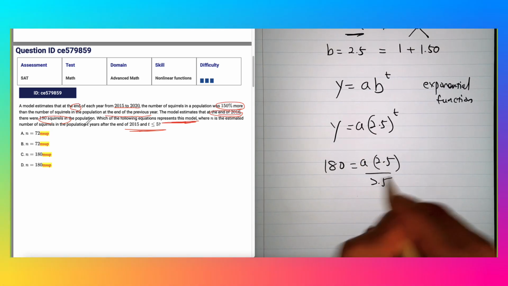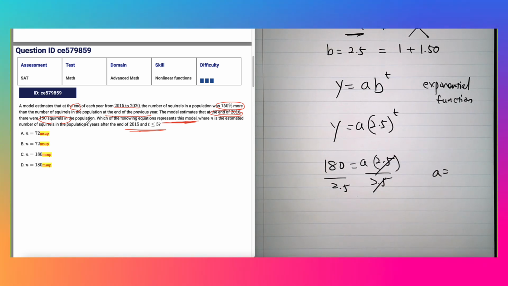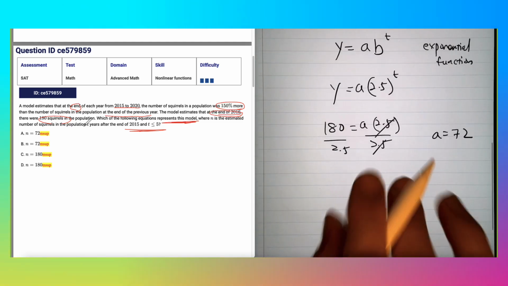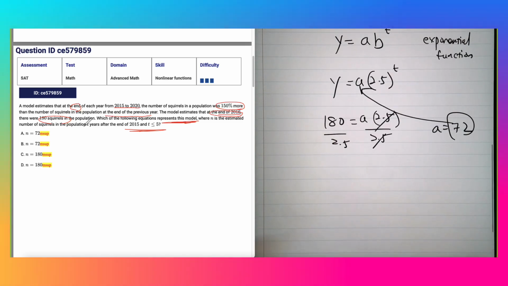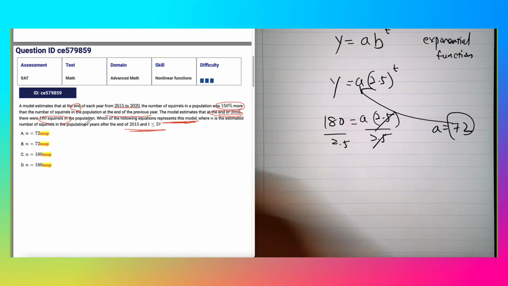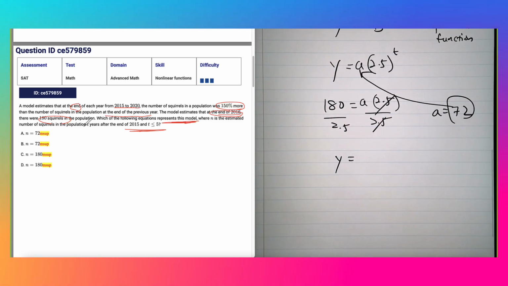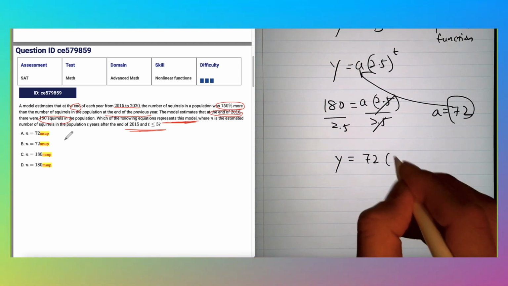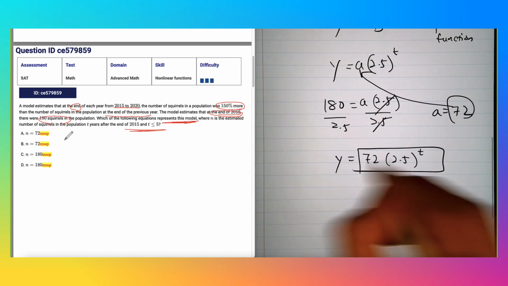So I just need to divide by 2.5 on both sides. Then a is equal to 72. Now we can plug it in where a is. Again, the question asks for the model. The model meaning the equation in our choices. I know our characters are broken, so I'll clarify which one is which. So y is equal to 72 times 2.5 to the power of t, and according to College Board, they call it